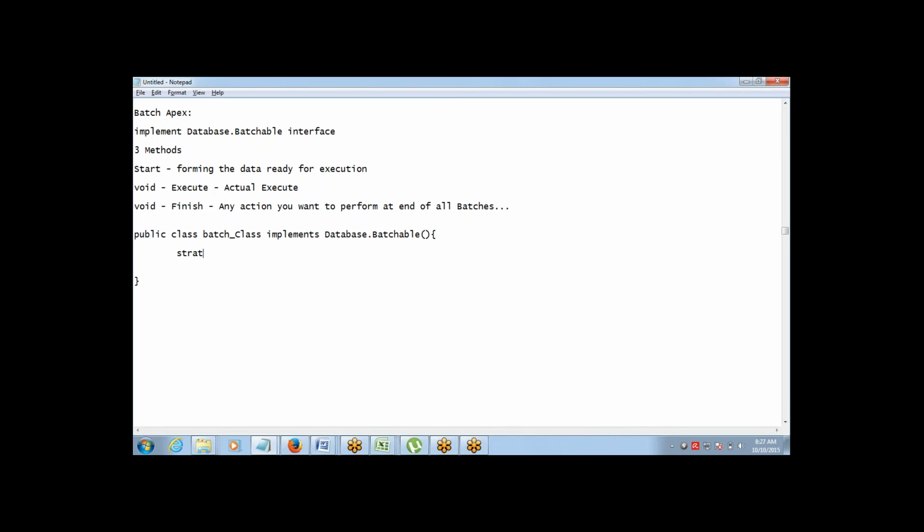It will have a start method, it will have a void execute method, the name has to be execute only, and then it will have a void method finish.